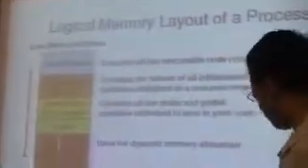Okay, so let's do this. We may not be able to complete it today, but this is another important topic. A logical kind of thing after this buffer overflow: we will do what is called a stack overflow.